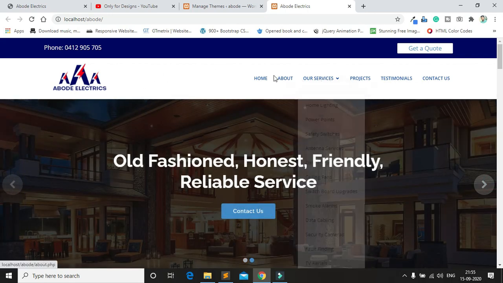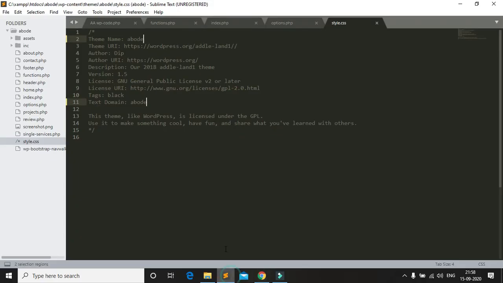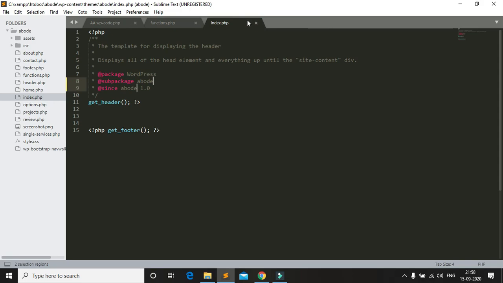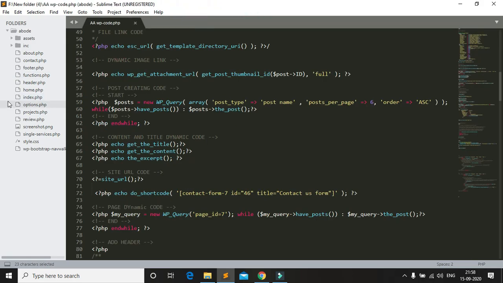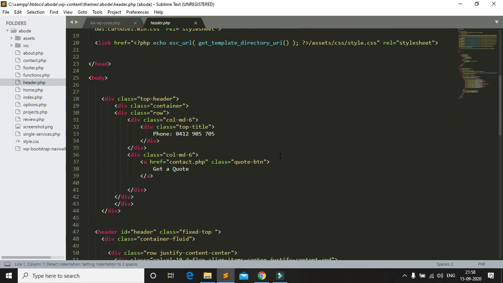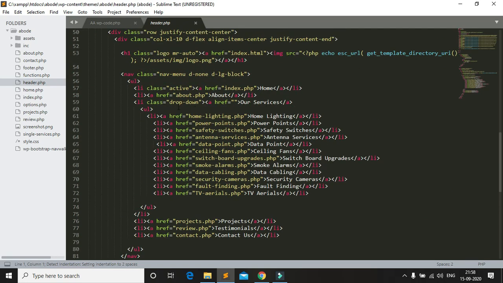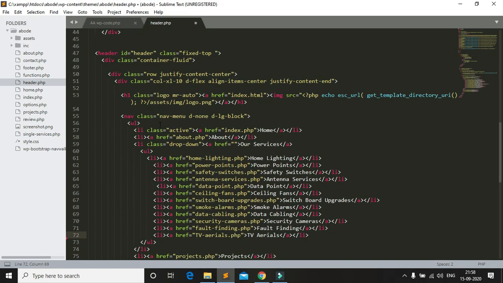Okay, first I create the menu. So I go to header now. I close this file, go to header. This is the header file. This is my menu section.